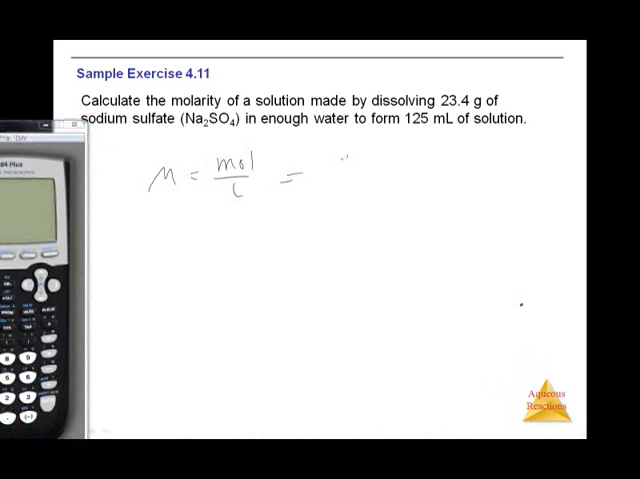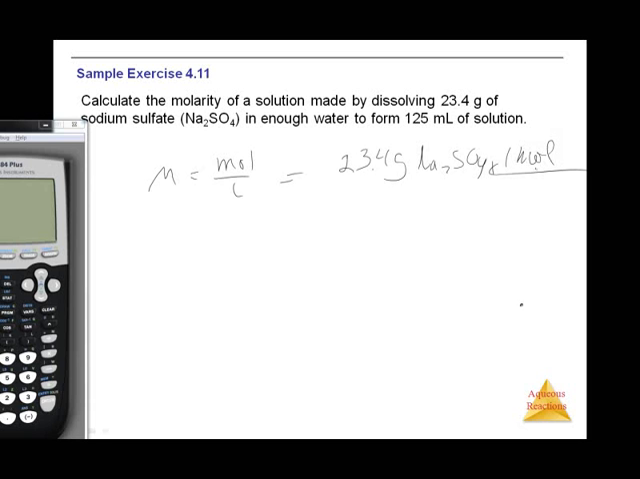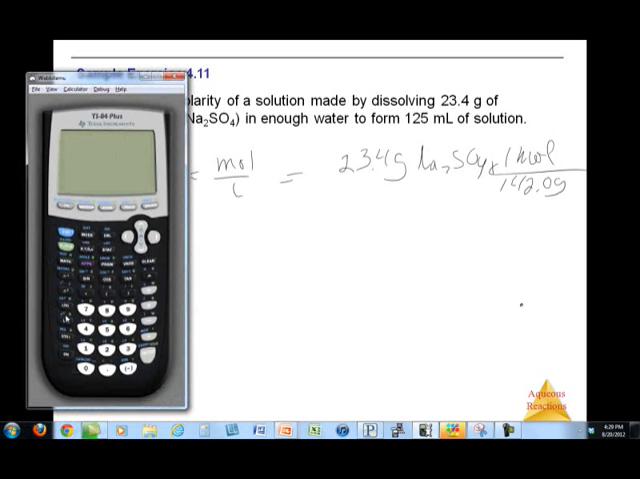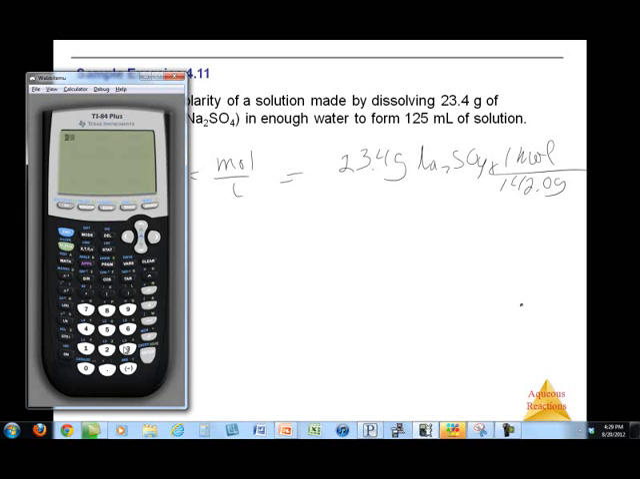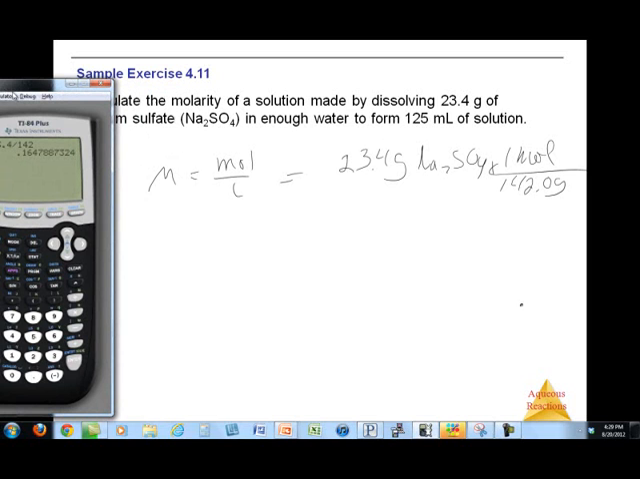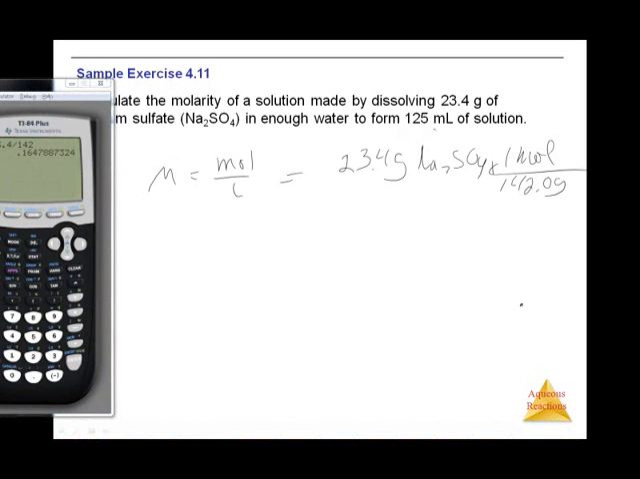I have 23.4 grams of sodium sulfate, and let me see, 1 mole of that is, I'm sure you can calculate this yourself, but it's 142.0 grams, right? So it's, turn on my calculator, clear that out. 23.4 divided by 142 grams gives me 0.164 moles, and I'm going to divide that by liters, and 125 milliliters is 0.125 liters, so